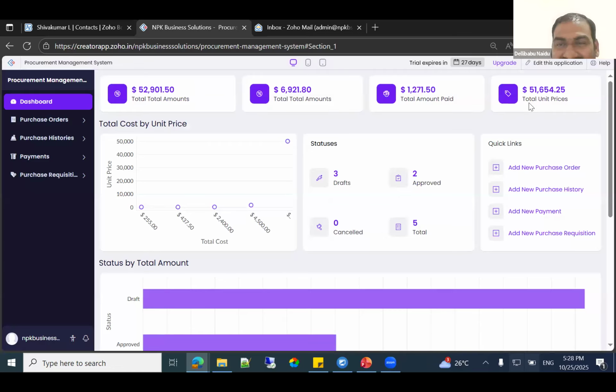This is the beauty of the prompt and Zia integration with Zoho Creator. Depending on your prompt, it will create your entire application. You don't need to drag and drop for file upload with conditions. If any add-new option is required, if you mention it in your prompt, it will add it automatically.